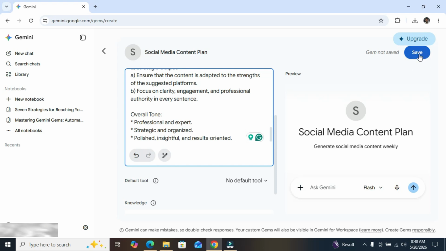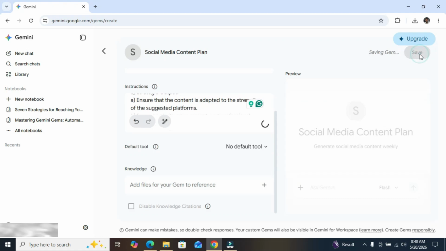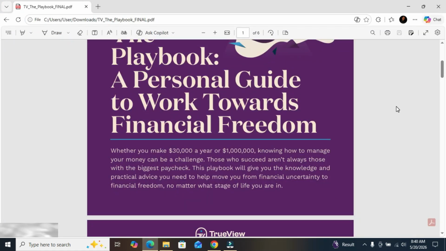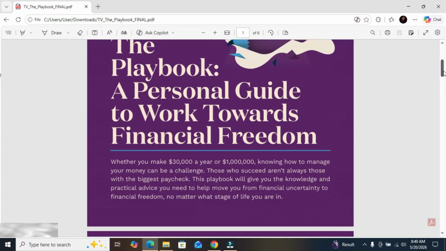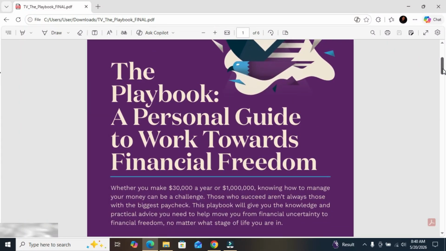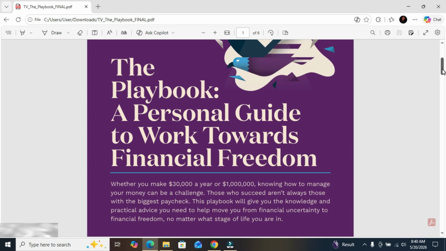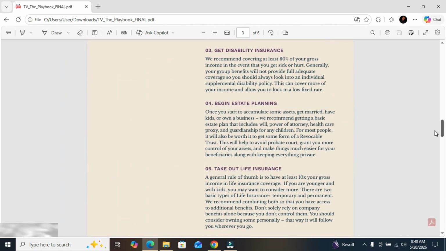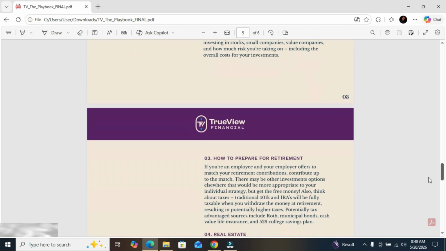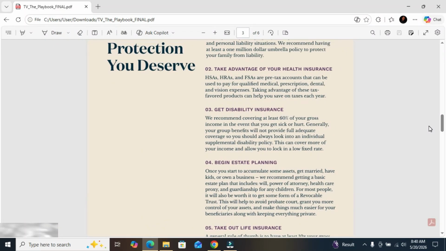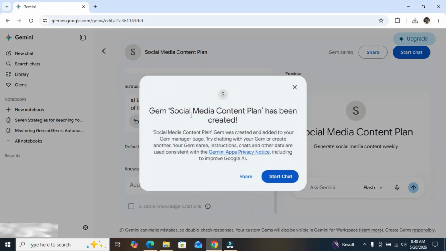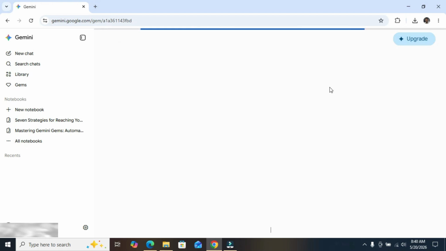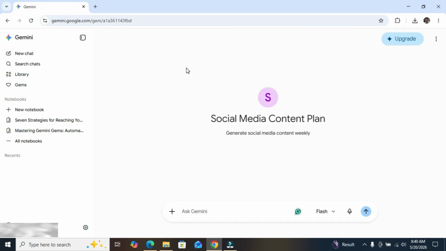Let's save it. At the right hand side, you can click on save. This is the document I will be uploading. The document is a personal guide to work towards financial freedom, and that is what I want to be talking about for the rest of the week. I have the information here. You can see the gem, social media content plan, has been created. I'm going to click on start chat here. So now I have created my AI assistant for